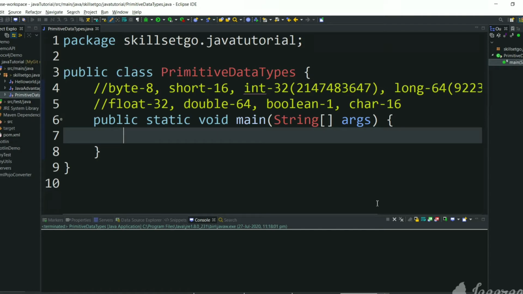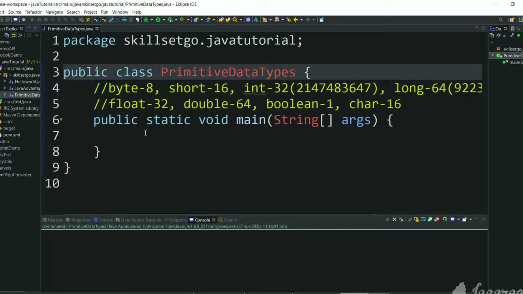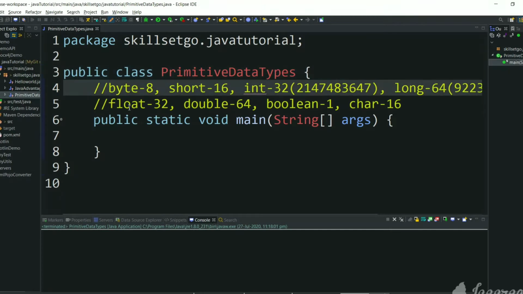In this video we will learn what the primitive data types in Java programming are. The basic data types in any program are called primitive data types. In Java, other than the primitive data types, all others are created using classes. You can see here there is a class. For every class we create object instances. Apart from classes, there are primitive data types which are not created using class instances. Those are byte, short, int, long, float, double, boolean and char. These are the primitive data types in Java programming.